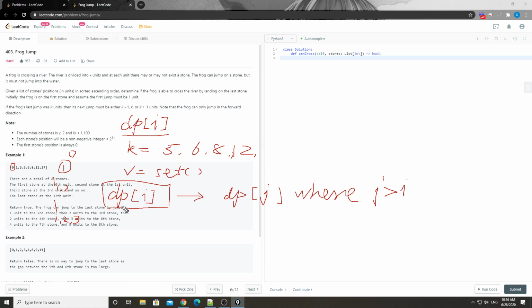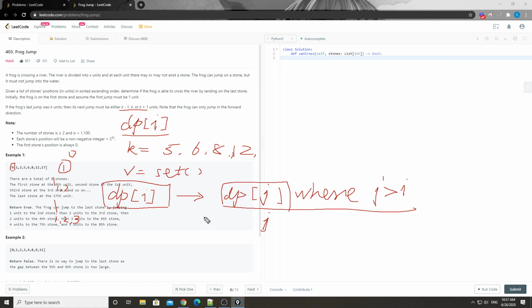we will have all the possible jumps, right? And then we just get each jump, right? We get each jump of the current dp, and then we just do a small for loop, k-1 to k+1, and then we look forward. We look in the later stones. If any j appears, right, and then we just add that jump into this dp[j],